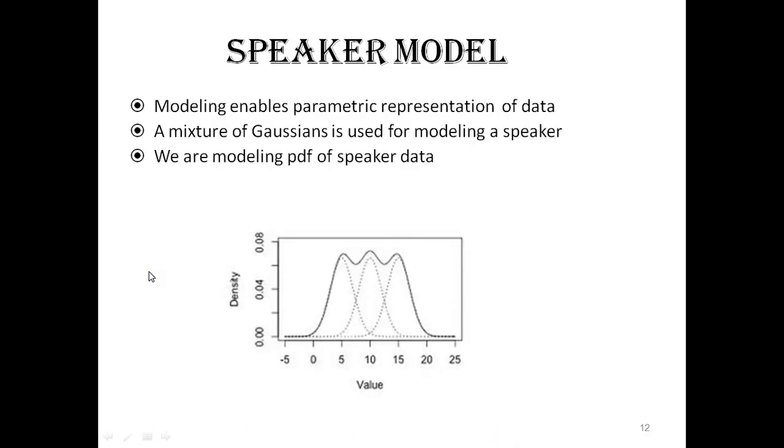Now the next block in the entire system is modeling the speaker. So once we have these Cepstral coefficients, the next step is to come up with a probabilistic model that will help us in further classification purposes. So we choose to model the speaker using Gaussian mixture components, mainly because Gaussian mixture components are parametric and they have the universality that a finite